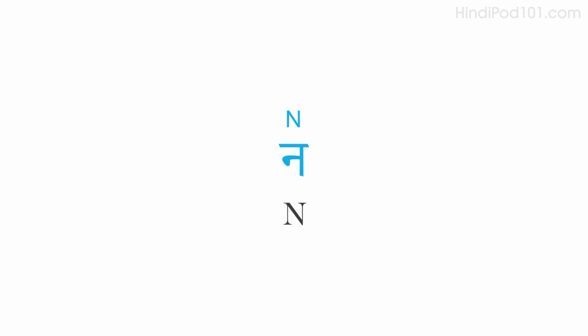We also have N. N is just the sound of the English letter N. R is the same as the sound of the letter R in rat. L is the same as the sound of the letter L in lamb. M is the same as the sound of the letter M in marsh. V is the same as the sound of the letter W in work.